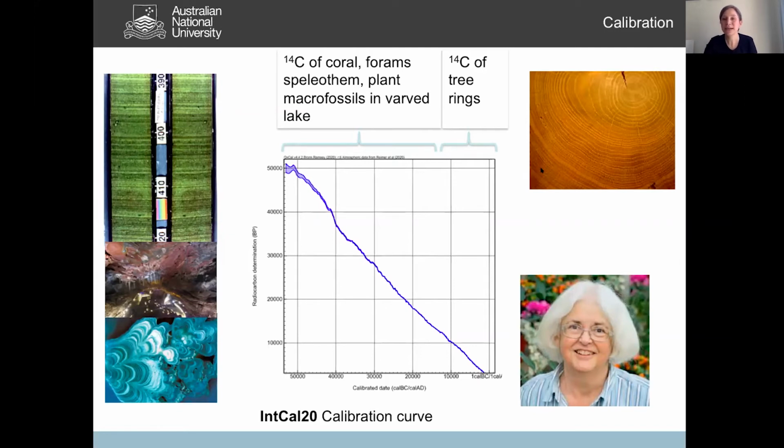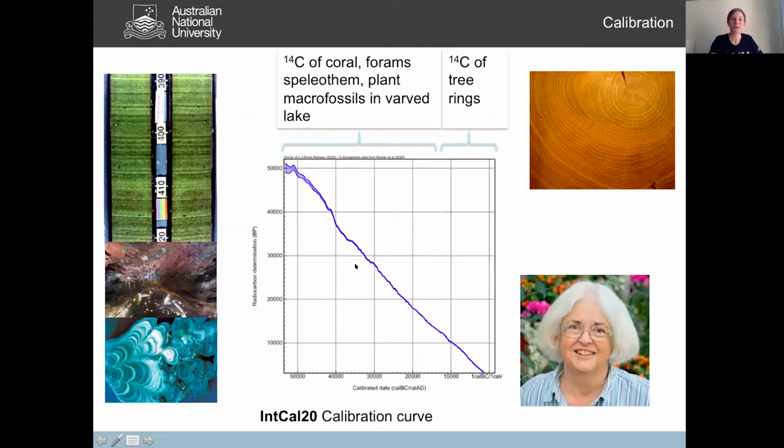But you can see in this piece of wood here that the ring widths vary quite a lot, and you can use these variations in ring widths to match different pieces of wood together. So we actually have a master chronology now in Europe, which goes back 14,000 years. So we have a tree ring and radiocarbon record going back 14,000 years to build this calibration curve. Beyond that period, it becomes much more difficult to get good calibration records for radiocarbon. So beyond about this point here,